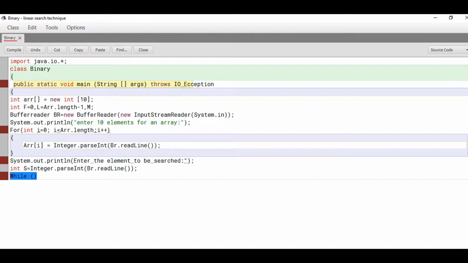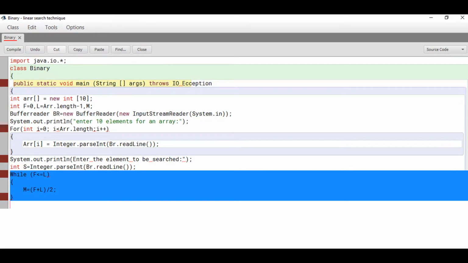Now we need a loop to perform, but we don't know the exact number of iterations that are going to happen, so we cannot use a for loop. Instead of that, we will use a while loop. The first index will always be lesser than or equal to the last index, and it will search until the first index becomes greater than the last index. After finding the middle element, we will compare the element at that index.